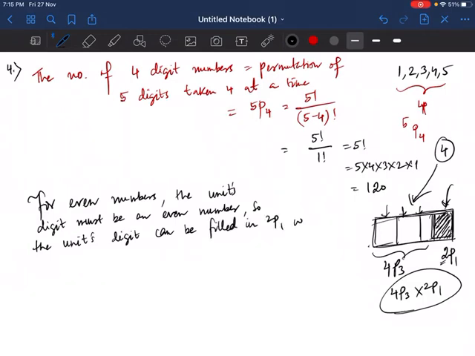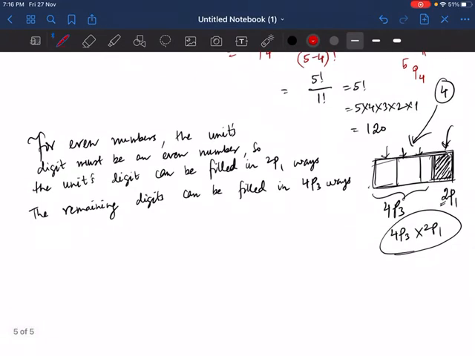We have already looked into that, right? And the remaining digits, 4 digits remaining, can be filled in 4P3 ways. Hence by the multiplication principle,